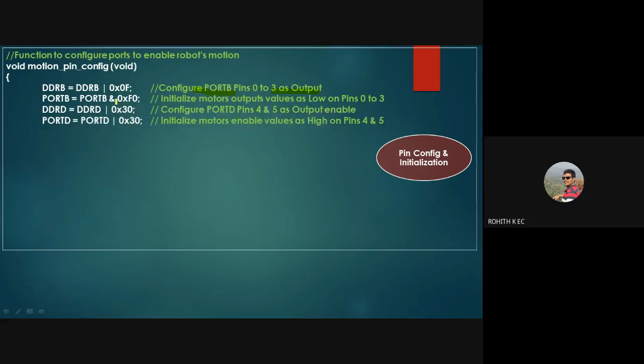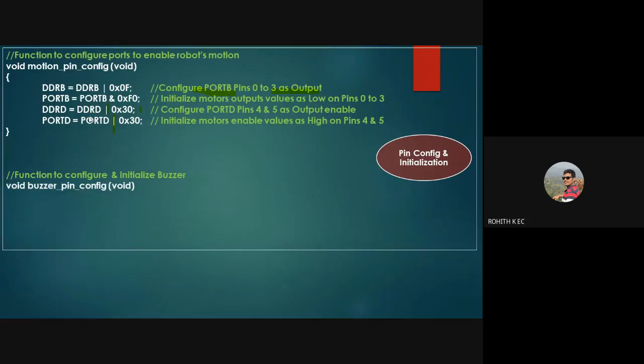Then pins 4 and 5 of port D are used as enable, so you will be performing an AND operation with 30 to enable pins 4 and 5 without disturbing other pins. Then the value that you will initialize for these pins is 30, that is 11 on pins 4 and 5, by sending 30 to port D along with an OR operation, so that we do not disturb other pins, right? So all these things were discussed, I'm just recapping them.